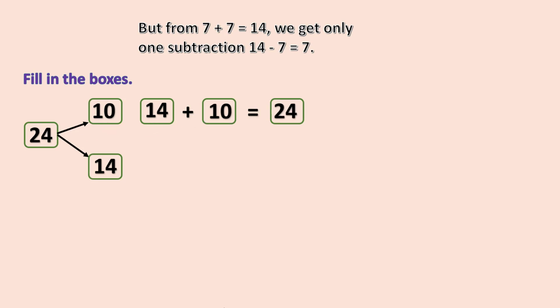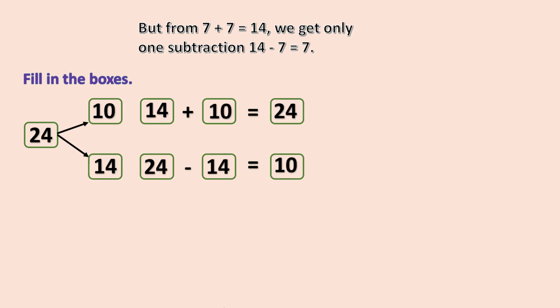Now we arrange these three numbers in subtraction examples. The first subtraction example is how many minus how many is equal to how many? 24 is the bigger number, so we arrange 24 first. Then we arrange 14 or 10. First we arrange 14 here. 24 minus 14 is equal to 10. You can look at 24, 14 and 10. These three numbers are arranged in their order.